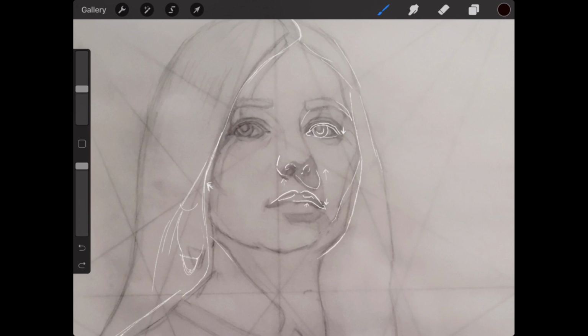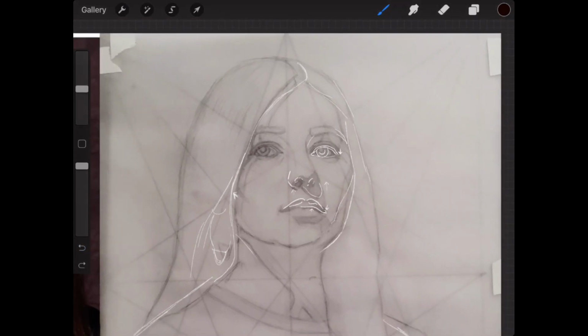Another thing that can make an adult portrait look childlike is enlarging the eyes, or having too big of a top of the head, because children have a very tall and large cranium up here, and down here is very small. The lower part of their face is smaller. The eyes are the same size as when they're an adult, but on a child's smaller head, it makes the eyes look quite large. So those are a few things to look out for as you're drawing portraits: trying to capture the appropriate age of your subject.